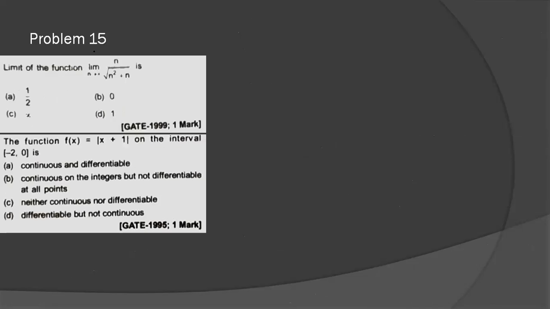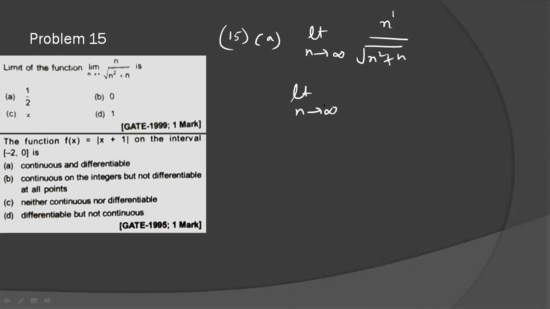And then the last question is 15a, limit n tending to infinity n upon under root n square plus n. I have already discussed this result. You can see the highest degree in the numerator is 1, highest degree in the denominator is also 1. First method is you can take common n from numerator and denominator. Take n common, n square common, then n will be outside. Now if you cancel n and apply n equal to infinity, then it will be 1 plus 0, so the limit will be 1. And the second method is by the coefficient.